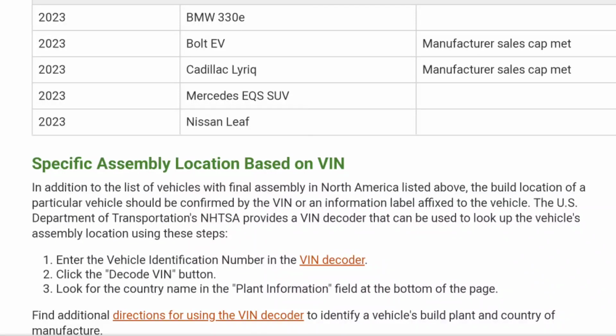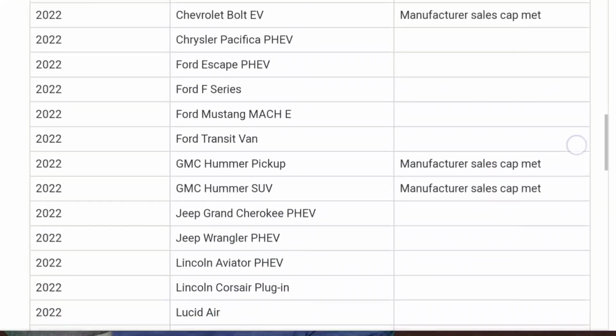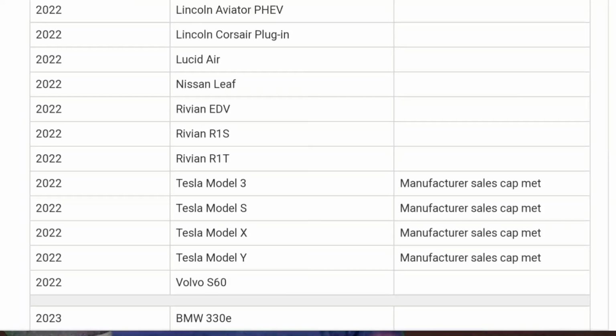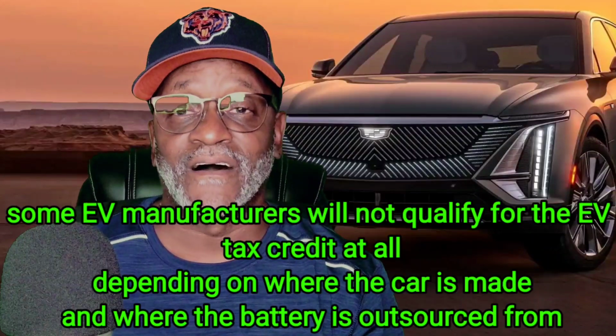But the cars that are listed so far as being eligible under the Department of Energy information, they're saying that the BMW 330e is one of them. The Chevy Bolt, of course, the Lyriq, Mercedes-Benz EQS is going to qualify, and the Nissan Leaf, which I believe they're going to discontinue, also qualifies. And then they got a whole host of 2022 cars that are going to qualify, from Audi to Rivian to Volvo to Tesla. And we're talking about right now, this year, after the first, they will not qualify for the full